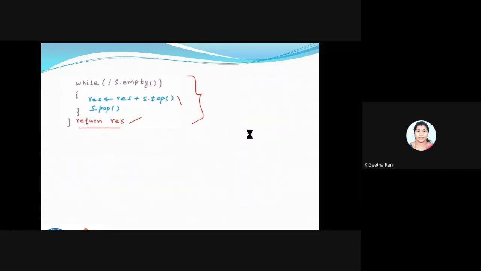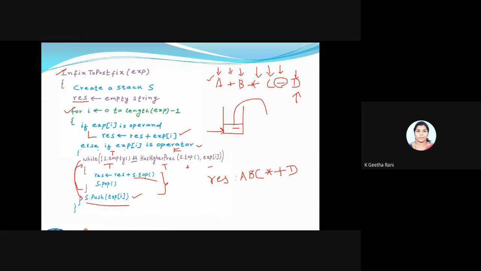So what happens here? So I'll be bringing out the minus outside and I'll be adding here. Okay, now my stack is empty. I'll be printing my result, return the result. Fine. So this is what happens. So I just taught you how this expression goes along with my pseudocode.